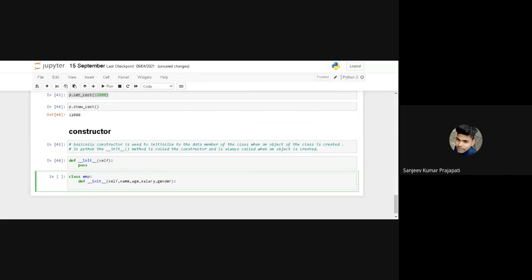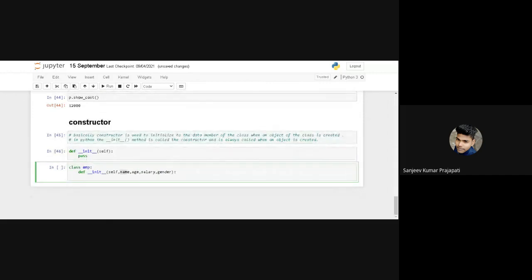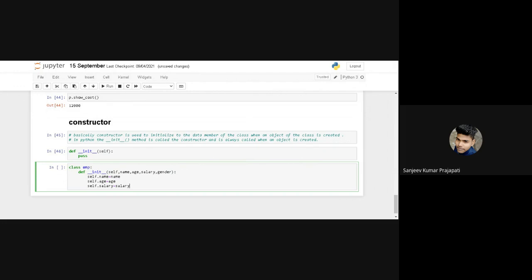Now to assign these variables into other variables: self dot name equal to name, and again self dot age equal to age, and self dot salary equal to salary, and next self dot gender equal to gender.